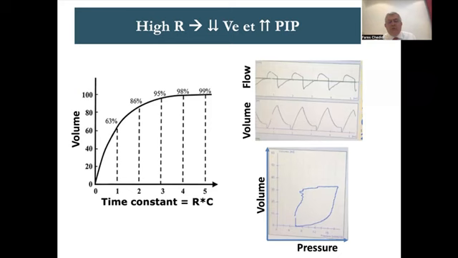So how would you know if, with this short I time, I need to increase I time or I need to suction the patient? You go to the volume pressure loop. As I see, there is another talk on the graphs, so they will show you the volume pressure loop. And the volume pressure loop, when you have high resistance, would be square, because here you have to push so much pressure and you gain barely any volume. And then during expiration, the pressure goes down so much and we don't gain any volume. So your graph becomes rectangular. And you see those zigzags in here, which are secretions.